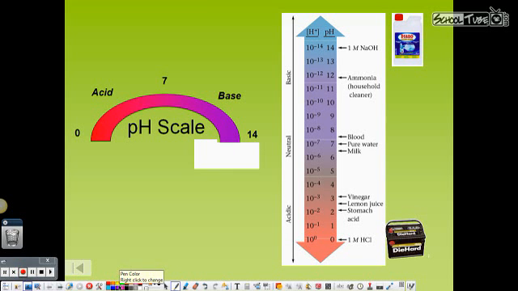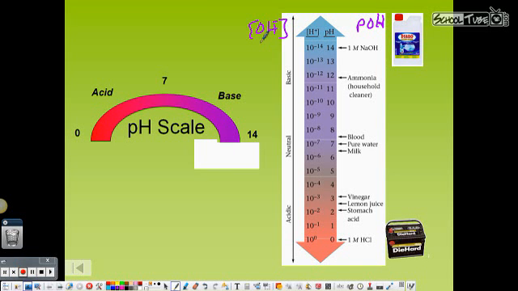All right, I'm going to add POH. I don't want to put it on this side. It's like a switch for the color. So POH and the OH minus